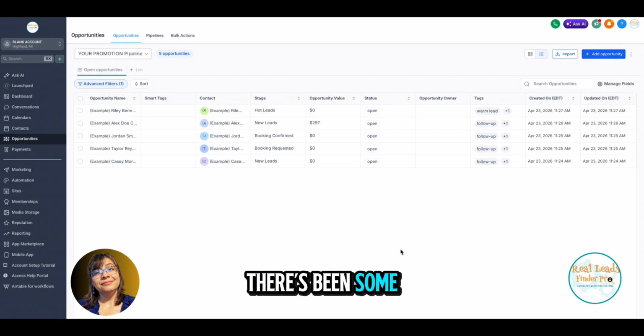There have been some nice upgrades and changes. And in case you haven't used pipelines before, pipelines are extremely important for tracking your leads and their progress from introduction, first contact, all the way to closed sale. And of course, using Go High Level, you can automate that entire process, or you could do it manually by dragging and dropping leads. So let's go over it real quick, and I'll show you some of the new stuff